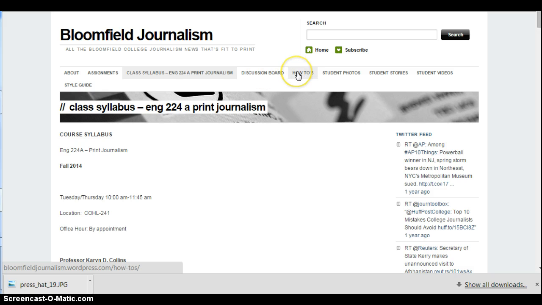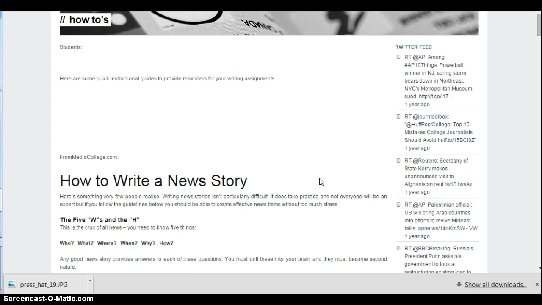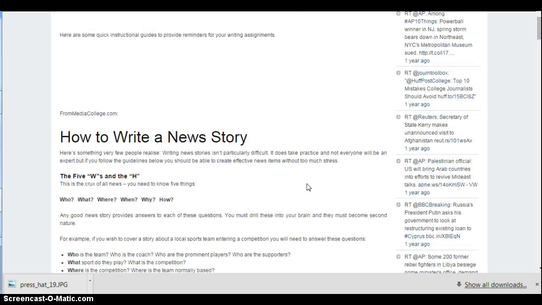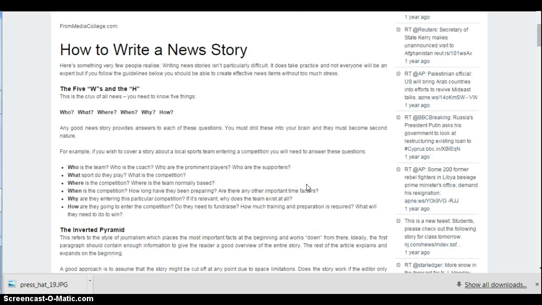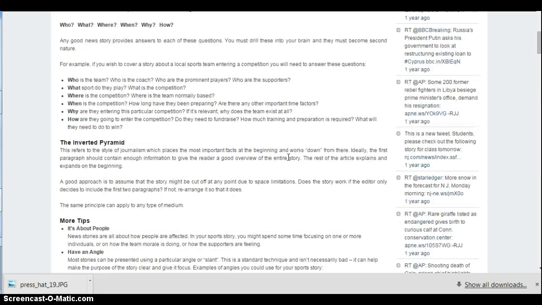Now here's a part of the site that I'm still sort of on the fence about. This is a page that basically has how-tos. Quick instructional guides on how to do various things. These are all things that we've already covered in class, and these are also things that are in the textbook. So I'm sort of still on the fence about if it's necessary to then have yet another place where this information is. However, one of the things that I have been learning is that students do learn at different paces,